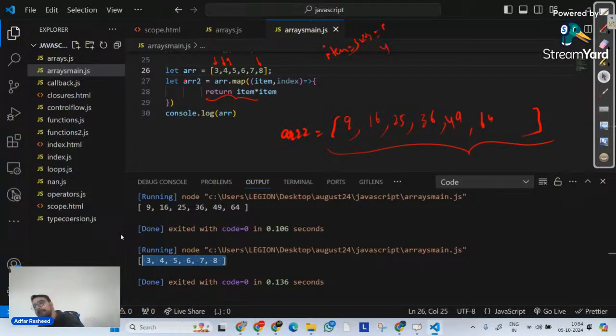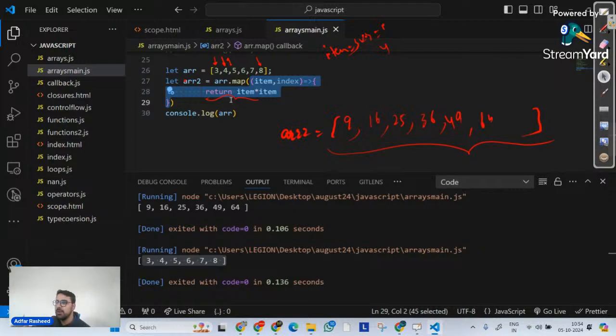Similarly, map will always return a new array of the modified elements, the modification that you have done. So it simply means this callback function will be executed on every single element one by one. Whatever that function returns will be pushed into my new array one by one. So the purpose, let me repeat again: it will create a new array with the results of calling a provided function on every element in the calling array. Then what does it return? It returns a new array of modified elements. I hope that makes sense.